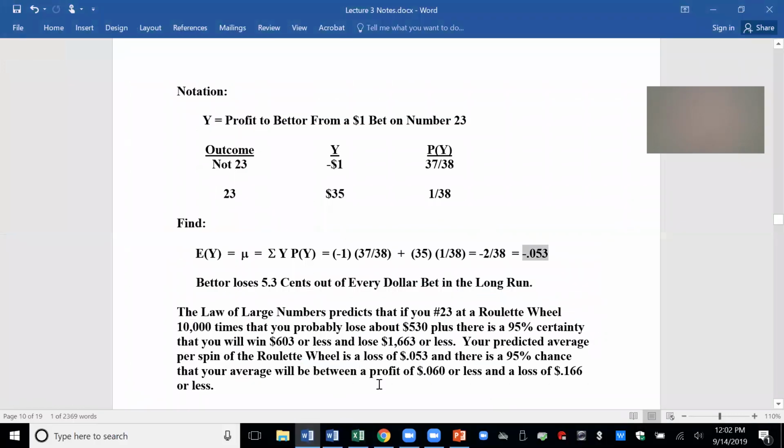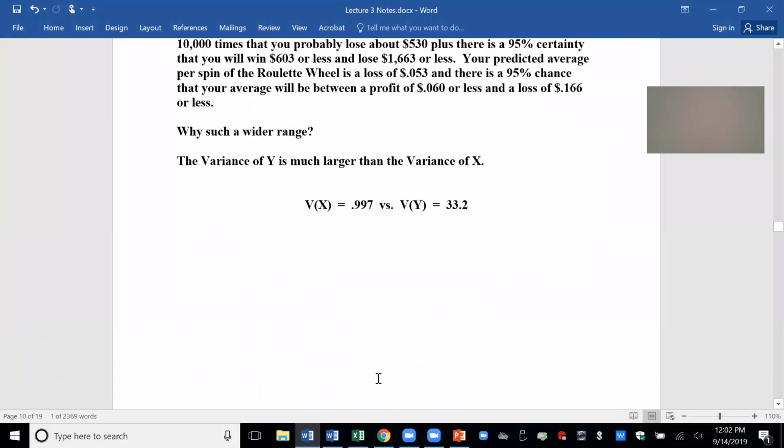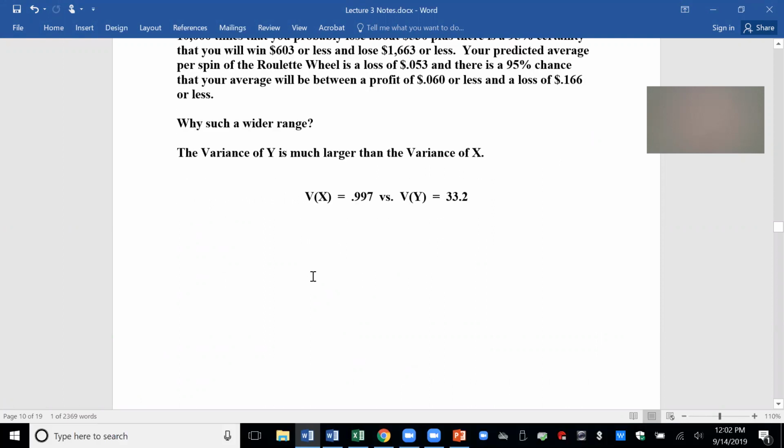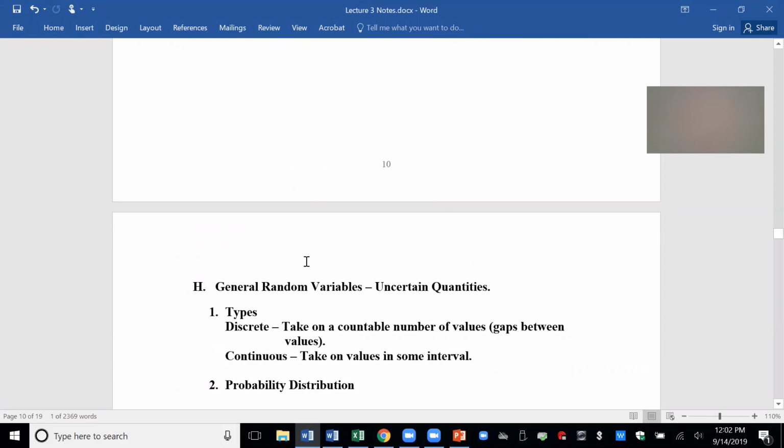We looked at the example. So X has a smaller variance than Y. I don't know how to calculate it, but there's something called the variance, which measures the variability, the amount of difficulty we have in predicting the value that a random variable will take on.